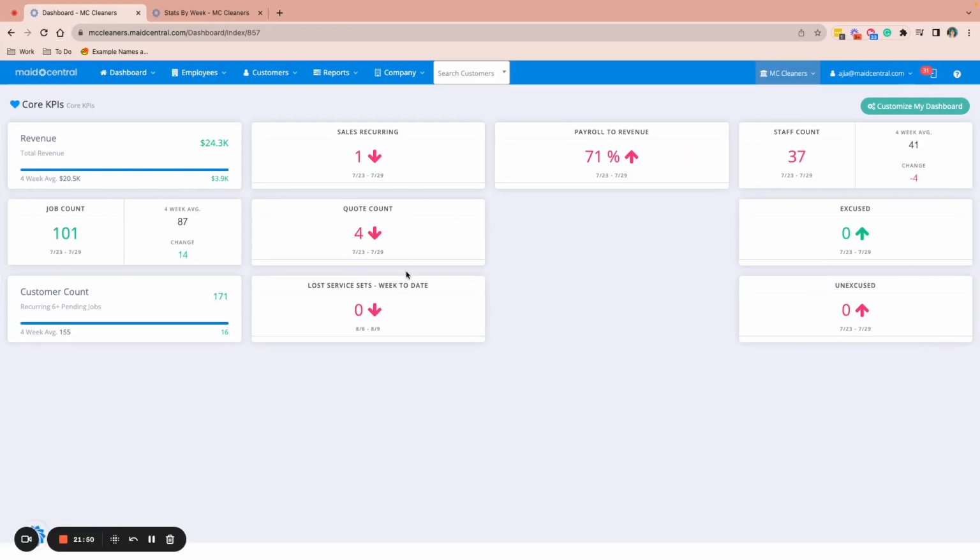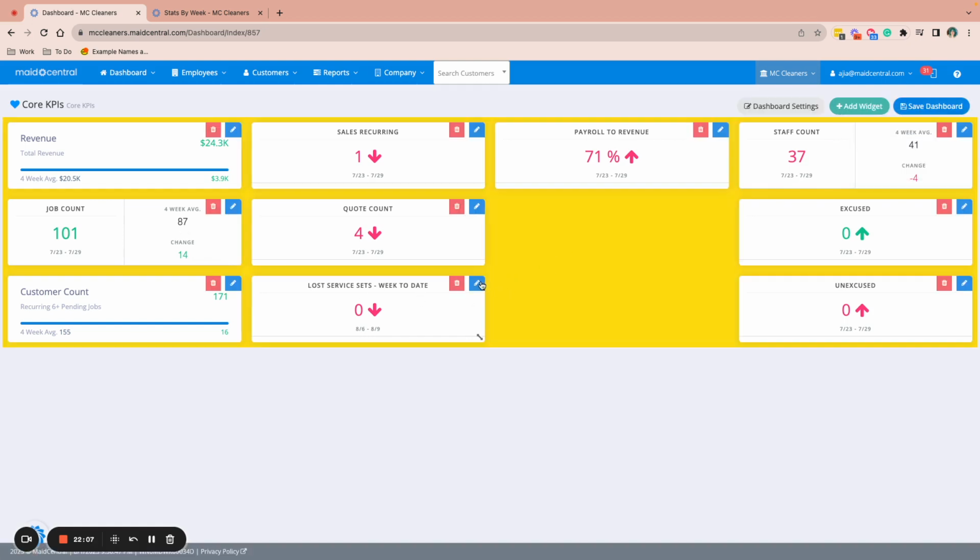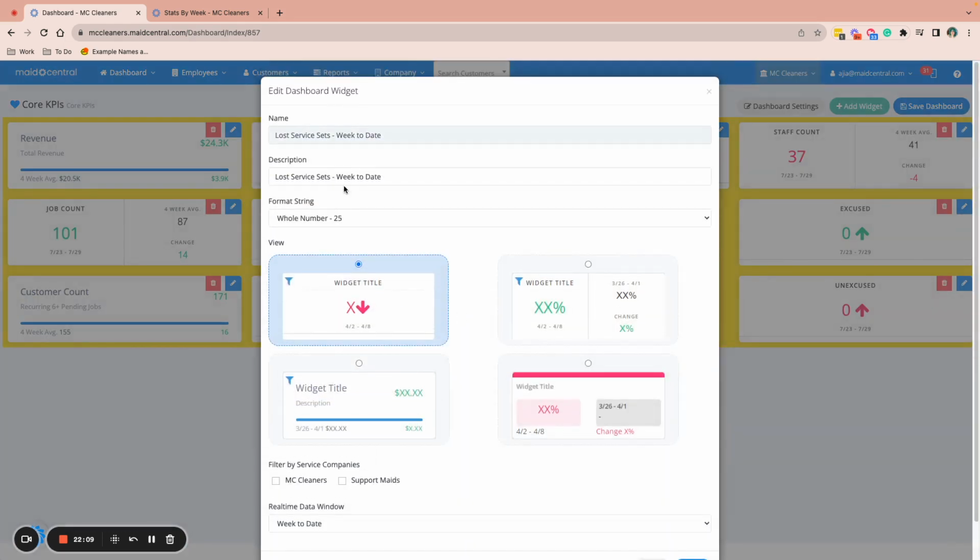So there we go. Now we can kind of get an idea of our sales for that week, our quotes for that week, and how many we lost that week. So this is actually pretty nice. So it's also really cool to have this 4-week average. So if I take this lost service sets, this is another thing to help with attrition. So if I take this lost service sets and I actually change it to